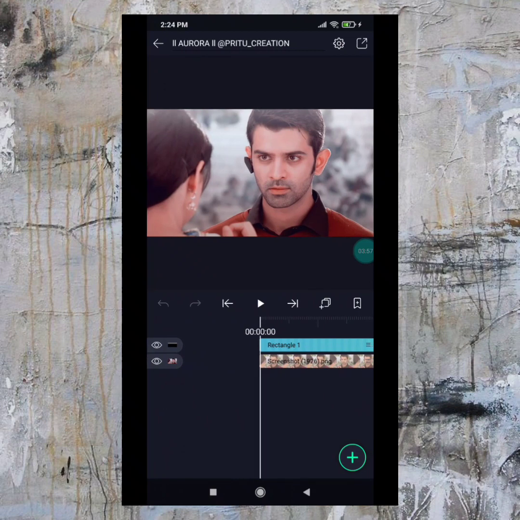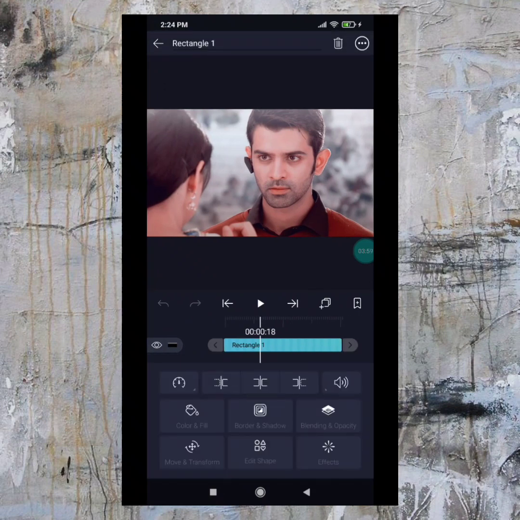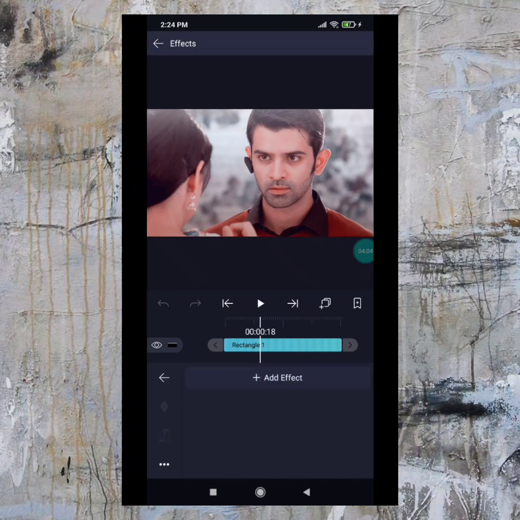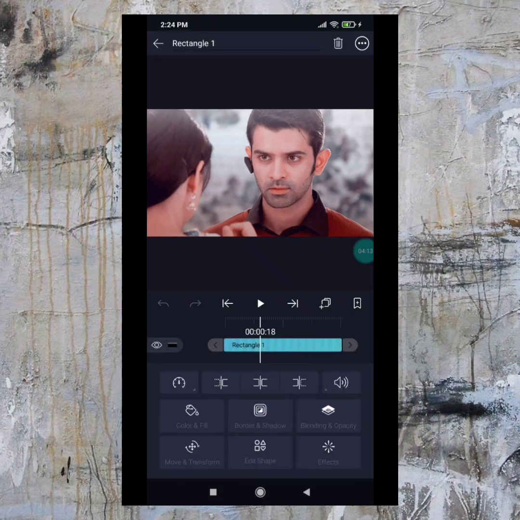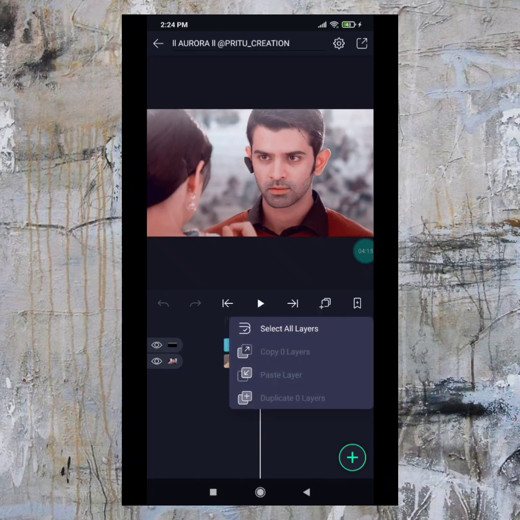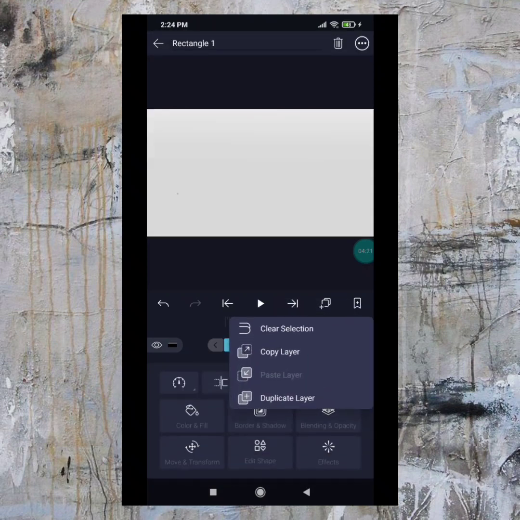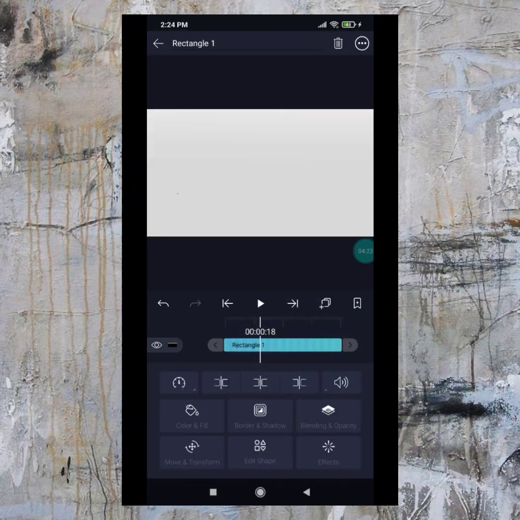Sometimes we use gradients, like this is the gradient rectangle one. So just click on the rectangle and again effects, three dots, and now you will see that you can't copy the rectangle one. So in that case you have to remove the first layer and copy this one layer.